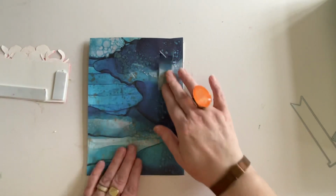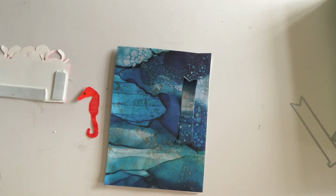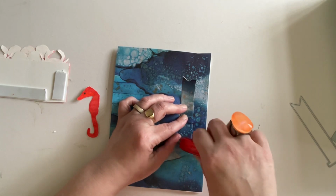Crafter's prerogative. I've changed my mind. So we're going to put our little pop-up element on first. I'm going to use this gorgeous little seahorse, and all my colouring I've done with alcohol markers. So I'm just going to stick...